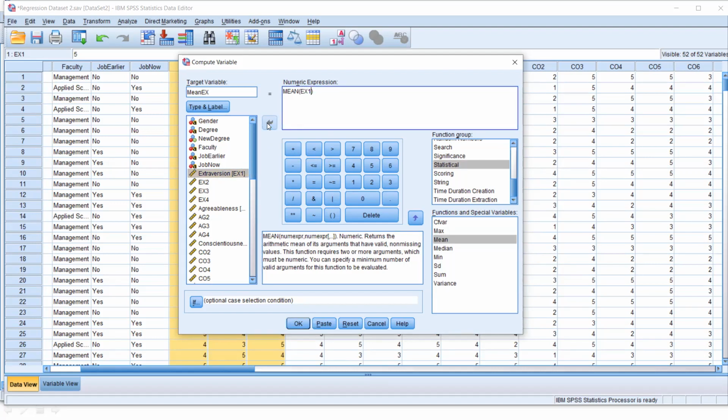Then put a comma. That means you are telling it that these are separate variables, right? Then I select the second one, put it in here, press comma, and I select the third one, put it in here, and I only have 3 measurement items for my first independent variable because EX4 is invalid. So then I have only 3 measurement items.